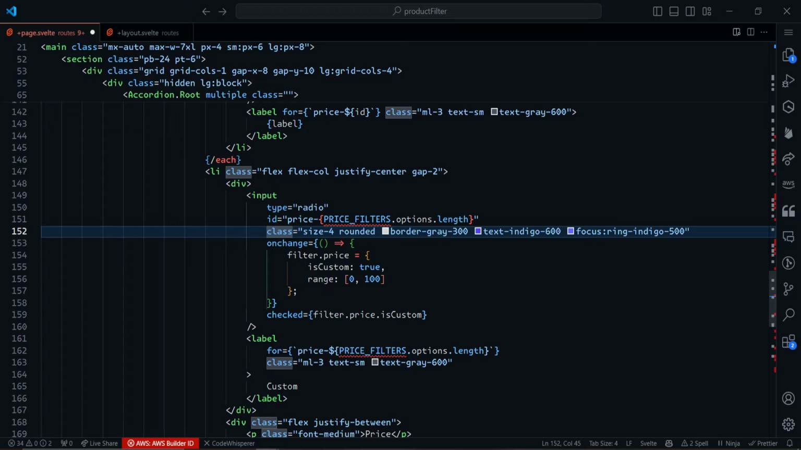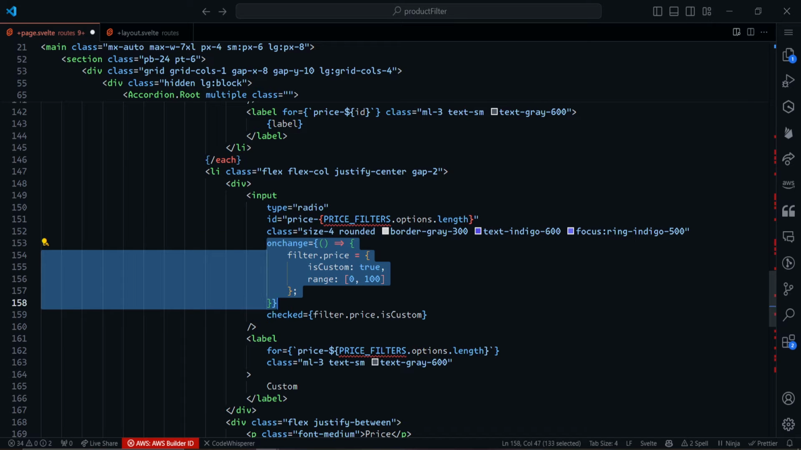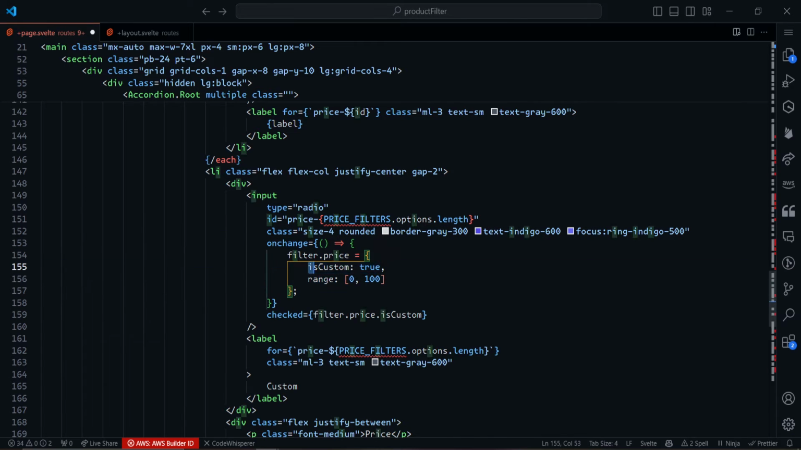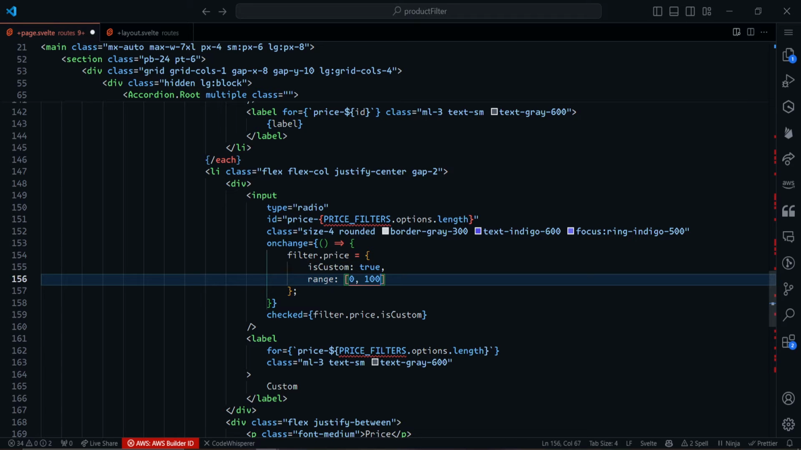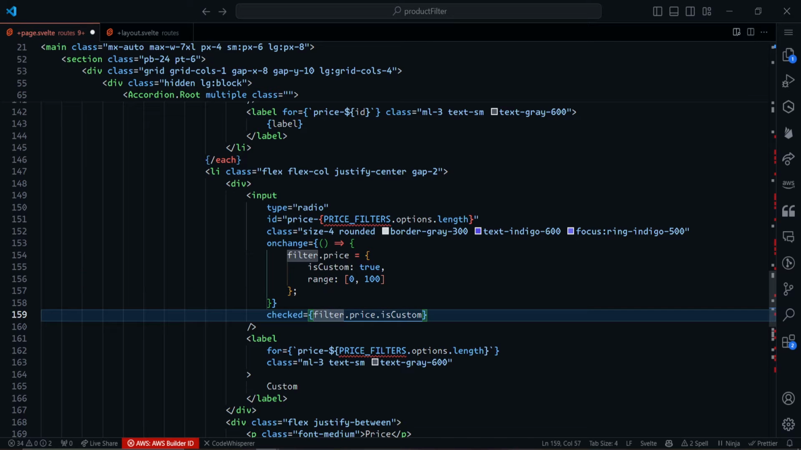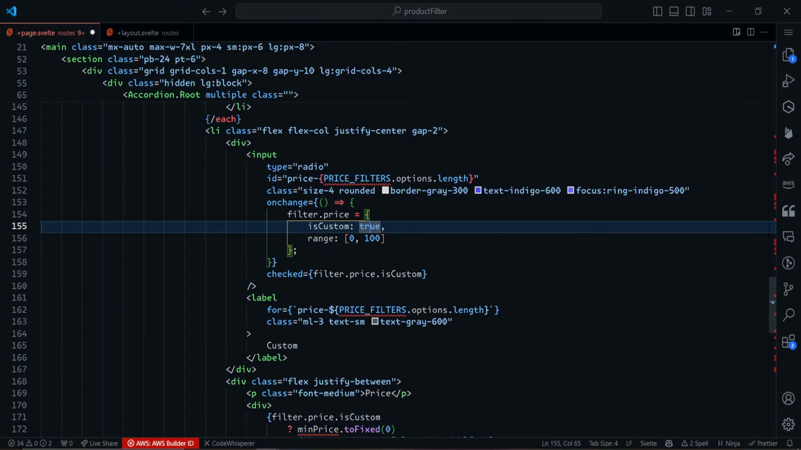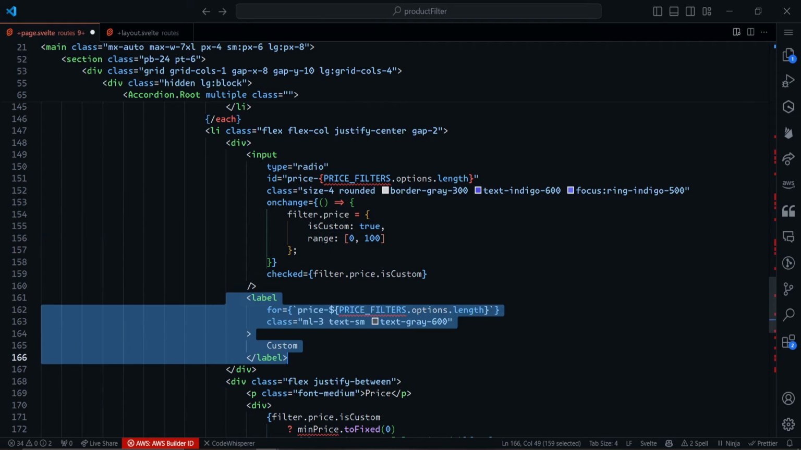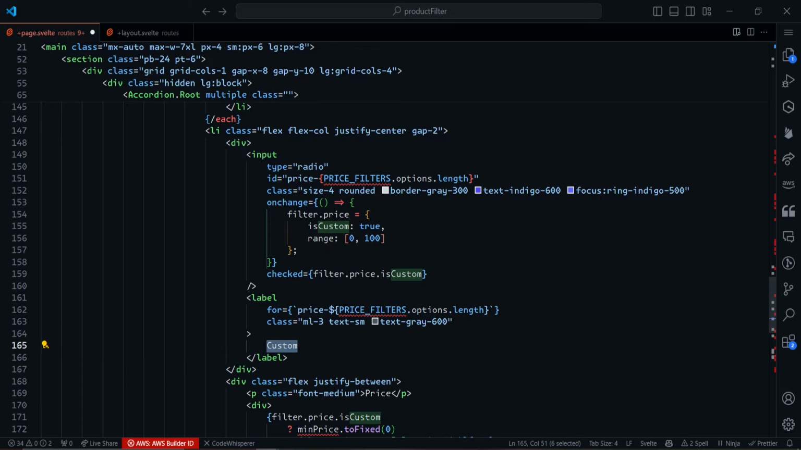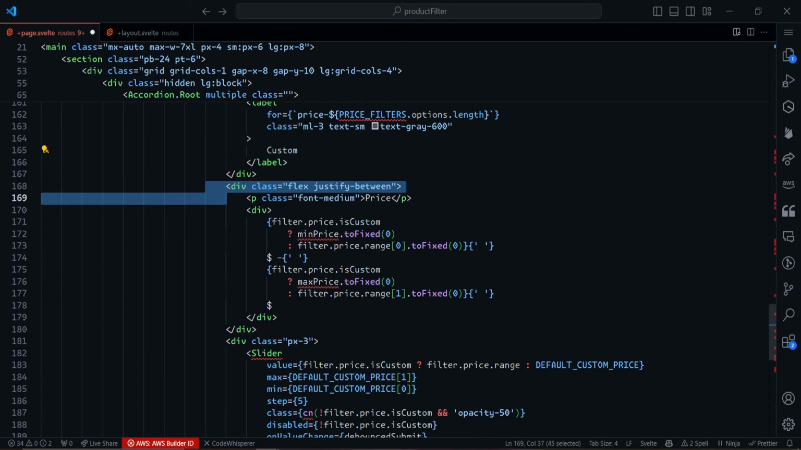We'll add this class, and then the onChange is going to be this. This time we are going to be setting isCustom to true, and the range is going to be set back to the default, which is 0 and 100. And then the checked is going to be the filter.price.isCustom, which should be true at this point. And the label is going to be custom, and the div in here is where we're going to show the text